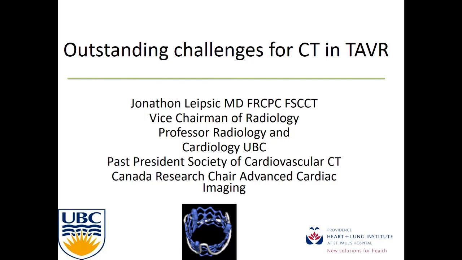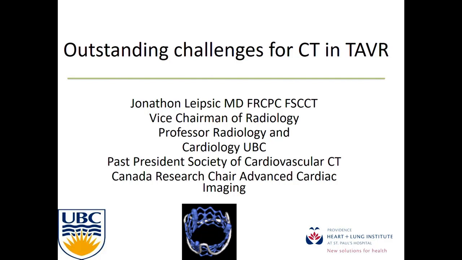What we saw from Dr. Waxman is the incredible outcomes that we're seeing in these large randomized trials. And I think there are three things that can be credited for those improvements. One, obviously first and foremost, is the refinement of the procedural skills of the interventionalist. If an interventionalist has more experience, she's going to do better with the procedure. The devices have also evolved and are frankly better than they were in 2007 and 2008, with a wider range of sizes. But I think we in the field of CT can take a lot of pride that we've helped better identify patients who are at risk for complications from TAVR.